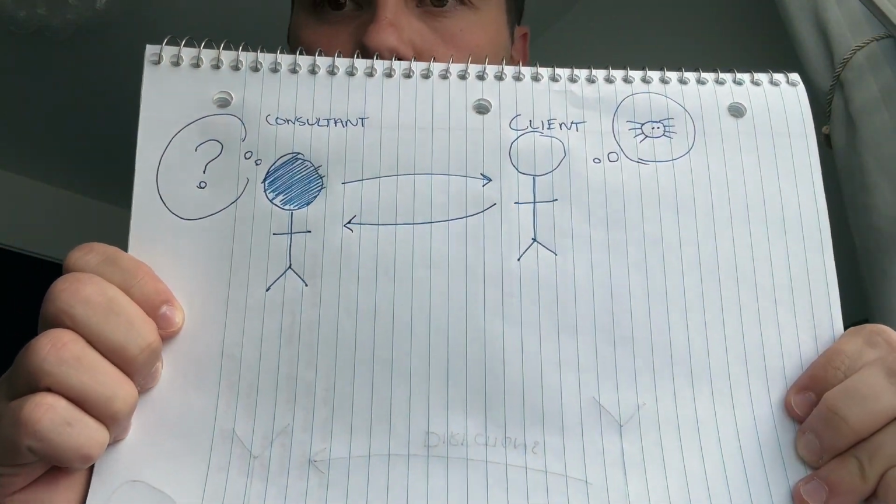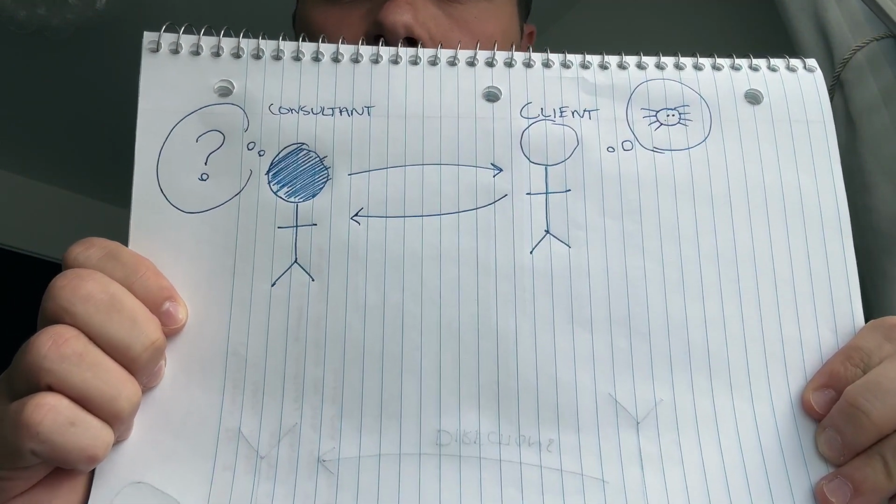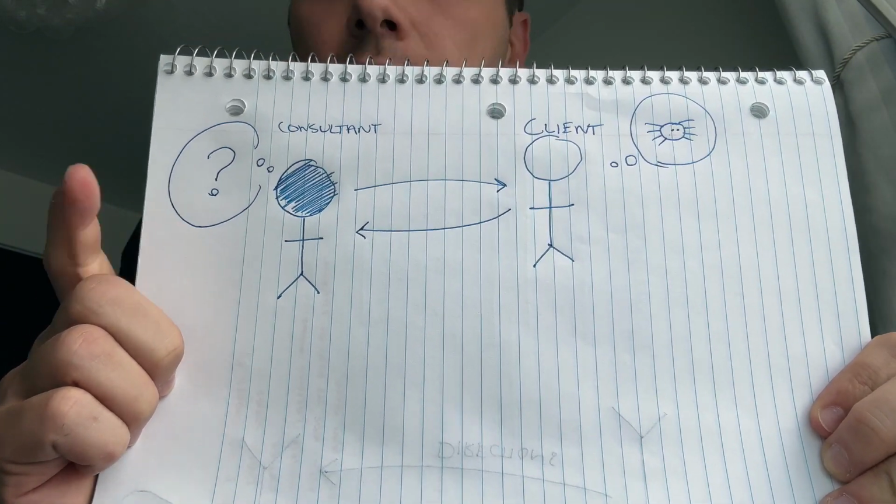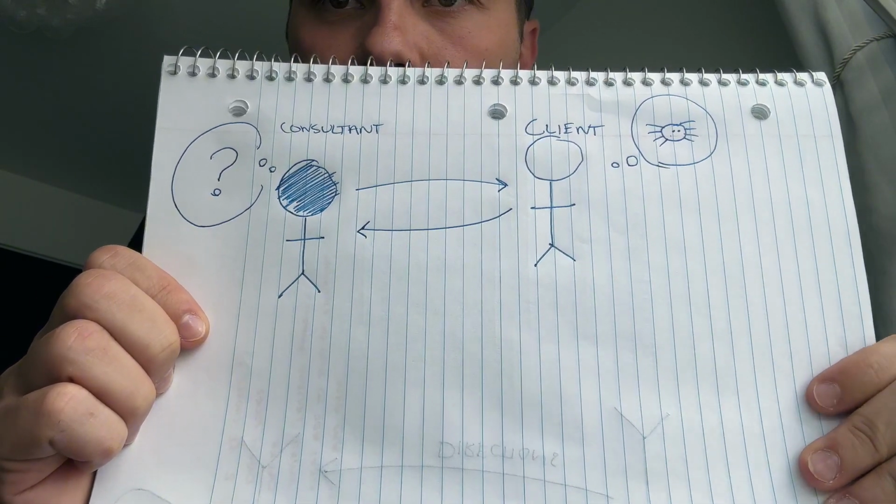Okay, so being more specific, think of this exercise. We all played this game called 20 questions as a kid, right? Client is thinking of a spider. That's a spider. The consultant over here is blank. They have no idea what you're thinking of. They have to figure out what you're thinking of.